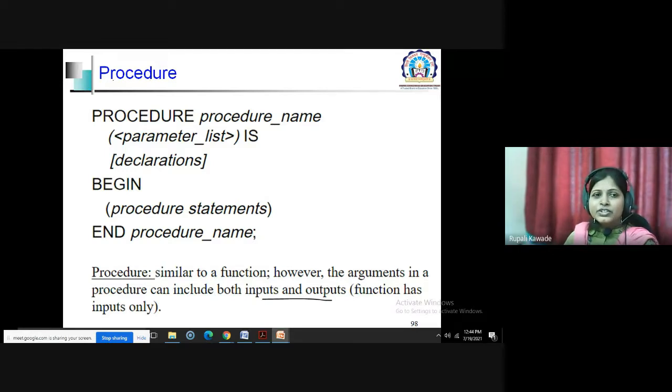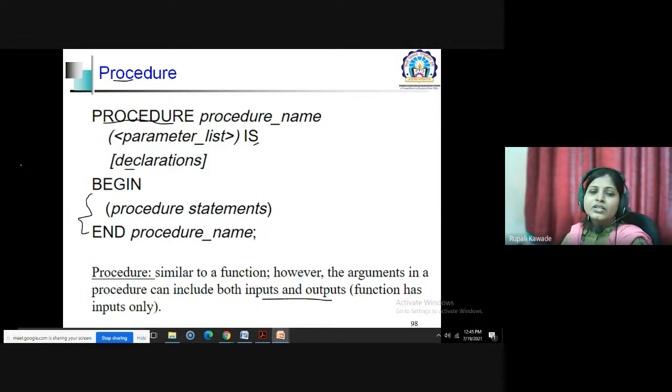So for the procedure, first we will see the syntax. The keyword procedure is there, you give the name for your procedure, then the parameters you pass to that procedure. Is is again a keyword. Declarations will be there. Then in between begin and end, you write the statements that perform the particular task of that procedure.